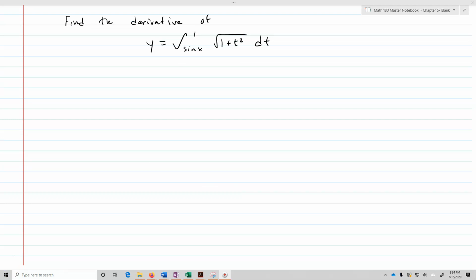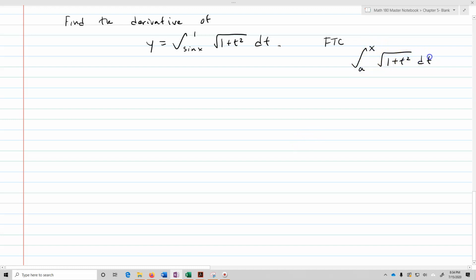Let's say we want to find the derivative of y equals the integral from sine x to 1 of the square root of 1 plus t squared dt. Now, this looks a lot like the last one that we just did, where we had to make sure to use the chain rule, and we're going to do that again. But the other thing is that the fundamental theorem of calculus has a constant, call it a, going up to x of the square root, in this case, of 1 plus